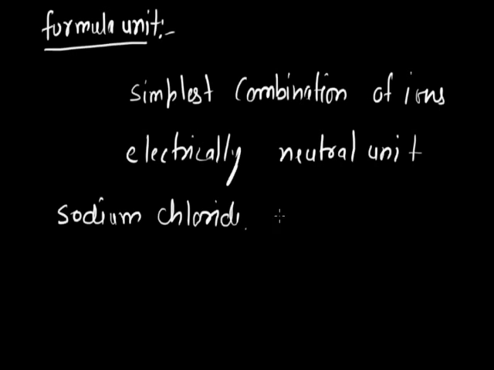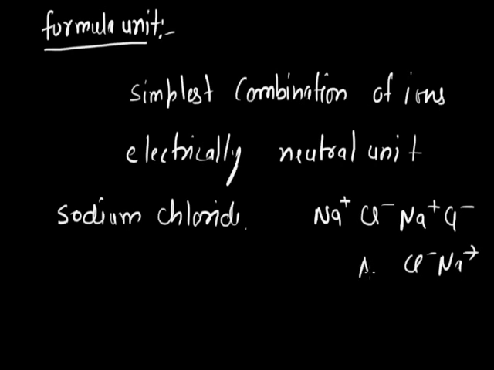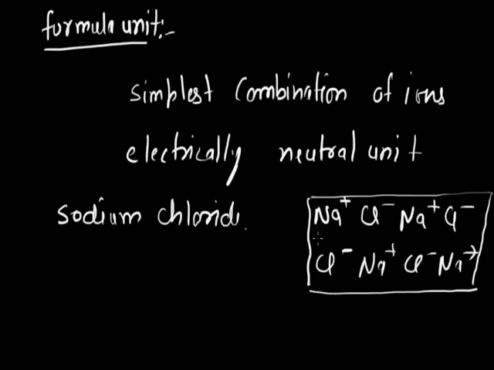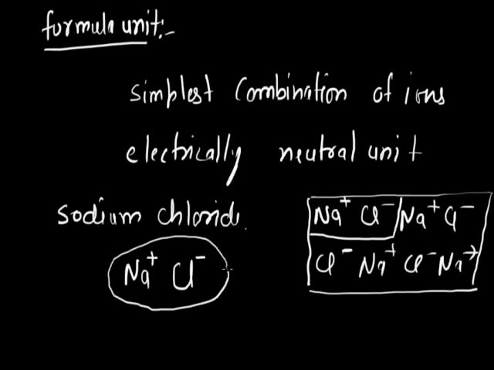According to the structure of NaCl, here Na plus ion, then Cl minus ion, then Na plus ion, Cl minus, Na plus Cl minus, Na plus Cl minus, and this is the arrangement of Na plus and Cl minus in sodium chloride. Now we can say that Na plus and Cl minus is the smallest unit which is neutral. Na plus sodium has 1 unit of positive charge and Cl minus chloride has only 1 unit of negative charge, and the overall charge on Na plus and Cl minus will be 0.